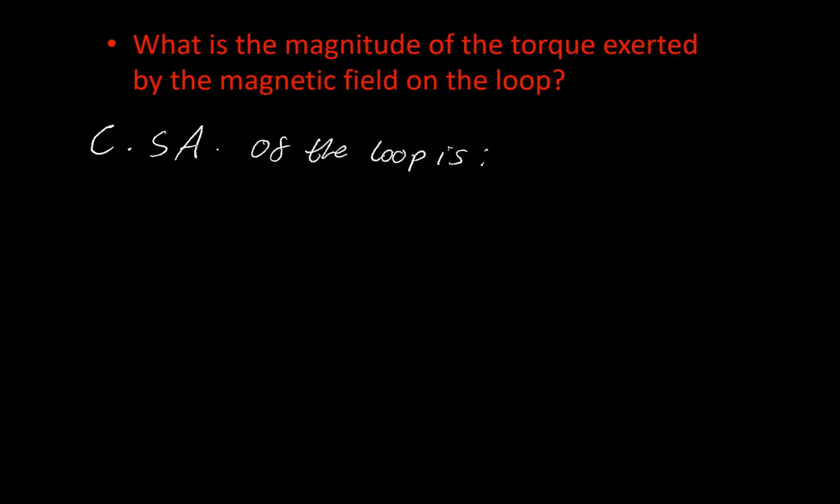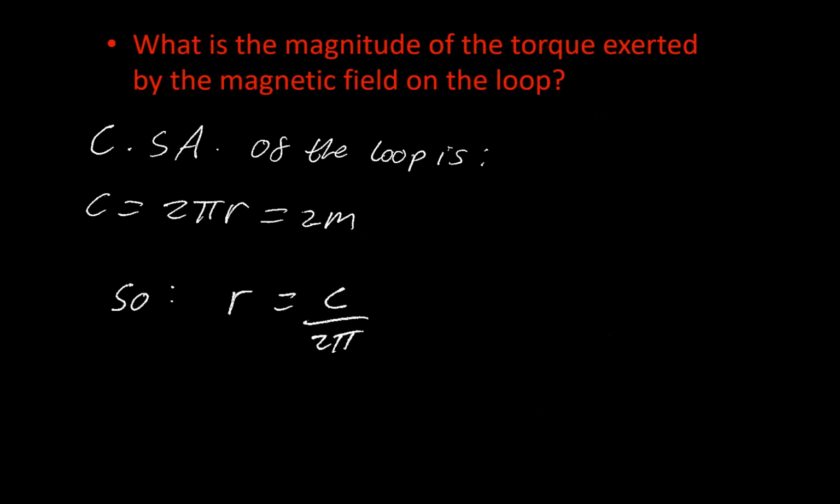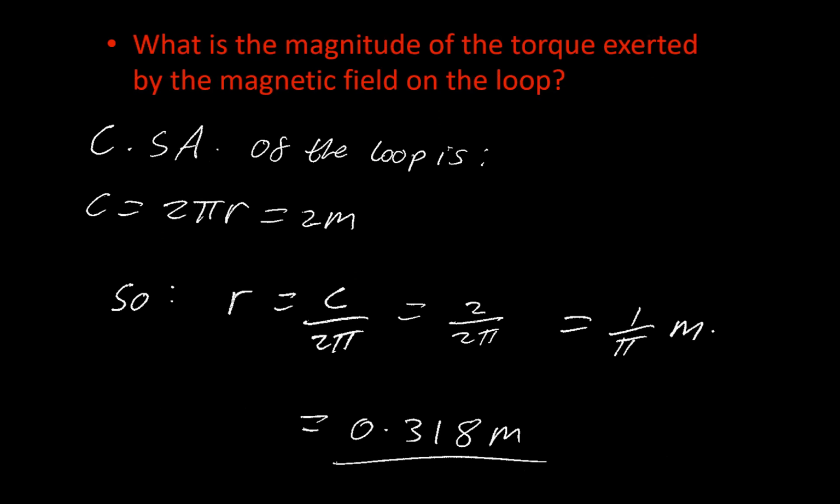Well, the cross-sectional area of the loop is something we don't have. So we're going to say this is 2 pi r, which is basically equal to 2 m. So r is C over 2 pi. This is 2 over 2 pi, and basically becomes pi over, m over pi, I apologize. So we'll end up with 0.318